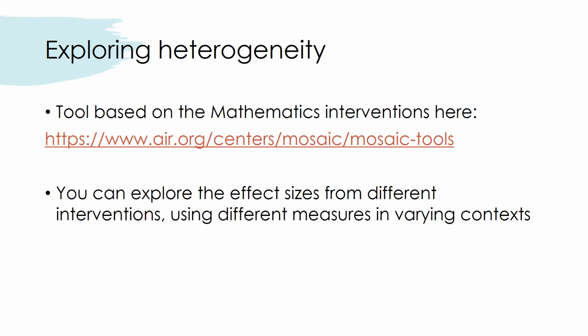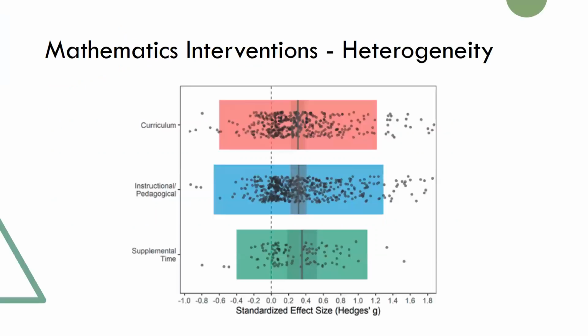You can look to see where the effect sizes are in these different clouds, where the ones are for early childhood, or where the ones are for curricular interventions for geometry, and so forth. And so you can begin to explore for yourself, where those effect sizes happen to fall in that distribution of